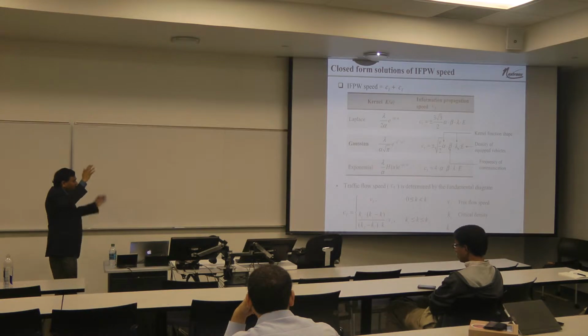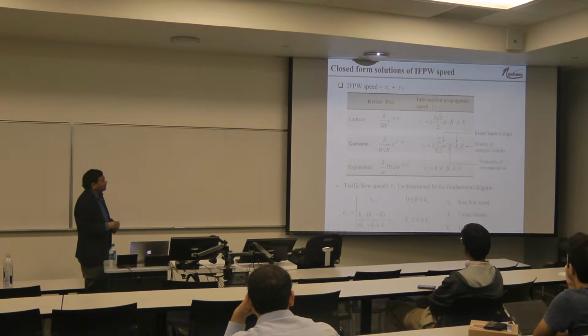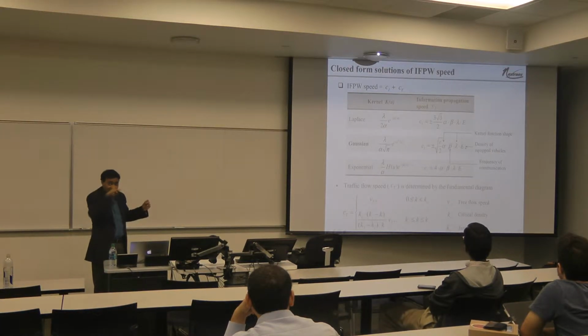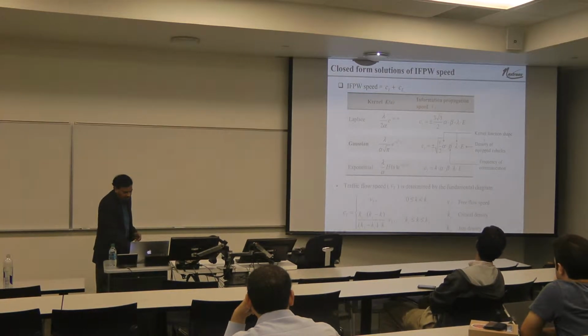If you recollect, there's this table that we showed for different densities. And here, E is the density of equipped vehicles. Because it's homogeneous, I said it's invariant with space and time. If you recollect, I had shown that previously. It was E instead of E(x, t). And then beta is the frequency of communication. So these are the mechanisms that go into determining the speed associated with the flow of information.